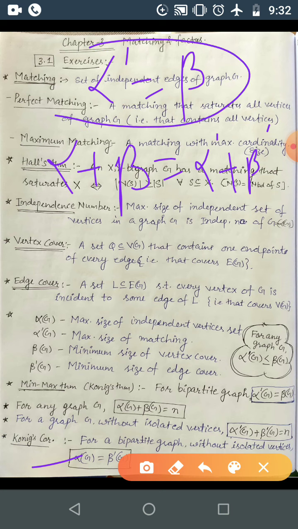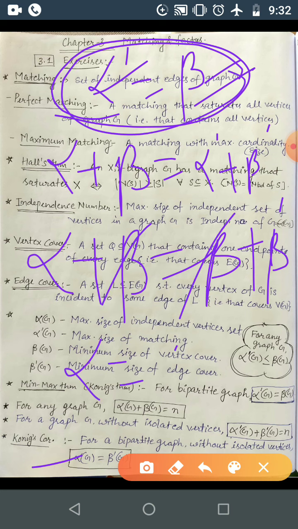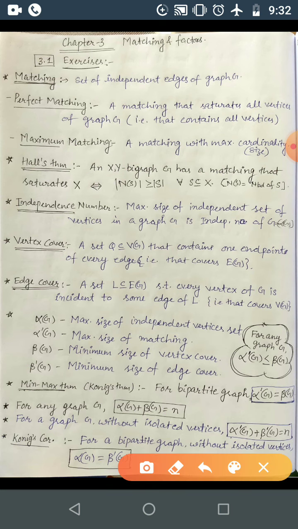So as G is bipartite, we can replace alpha dash with beta. So it will be alpha plus beta is equal to beta plus beta dash. Correct. I have replaced by this. So this cancels, alpha is equal to beta dash. The required result we got. So for a bipartite graph you have alpha dash is equal to beta, but for a bipartite graph without isolated vertex you can just say alpha is equal to beta dash. Okay, and where alphas and betas are these ones. So this was the summary about 3.1.